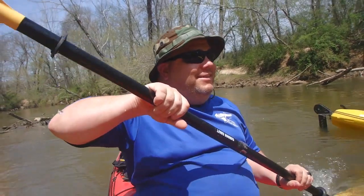Paddle that more. I was paddling just fine till you decided you wanted to come up here and get in the way. So anyway, before we were rudely interrupted,